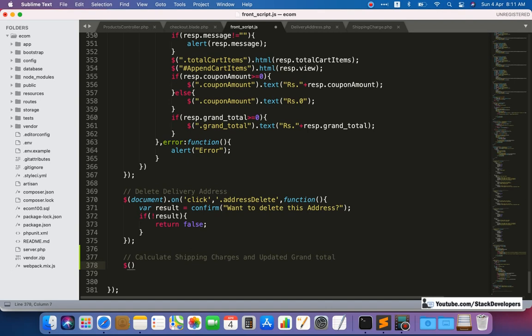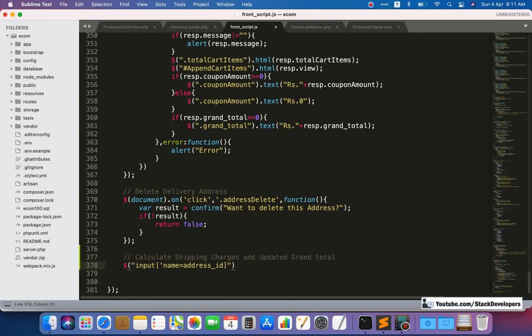Here, see, if we click on input, we will do it like this: input name. We are going to pick the address ID that we are using there as the name, so we are going to use it like address ID.